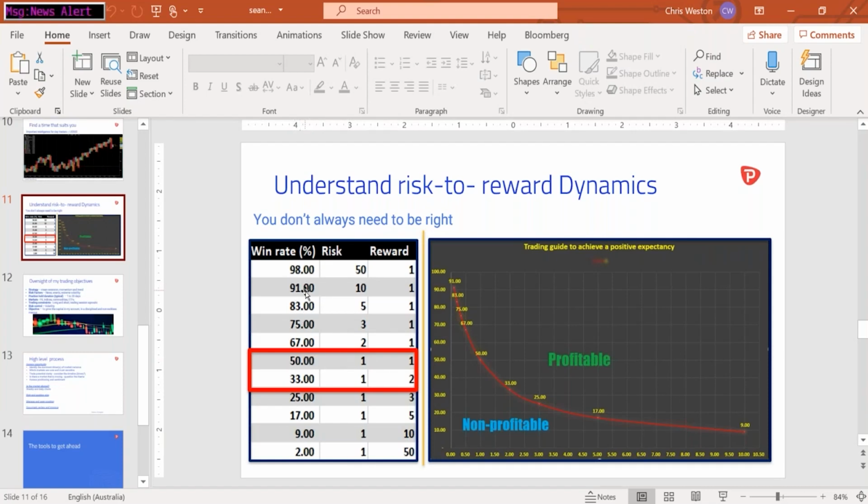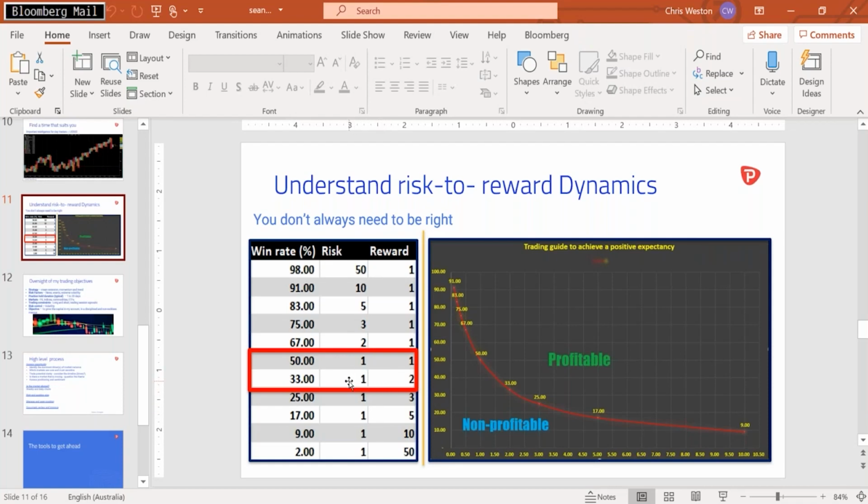Most clients will go into trading thinking that they're going to have to make 90% of their trades right, or 100%. And of course, that would be a lovely scenario to be in, but that's never going to happen. What I recognize in my trading is that I don't need to be right every time. I just need to go into a trade trying to extract as much out of it as I possibly can, that I ride my winners and I cut my losses as early as I can. Now, if you look at the mathematical formula here,